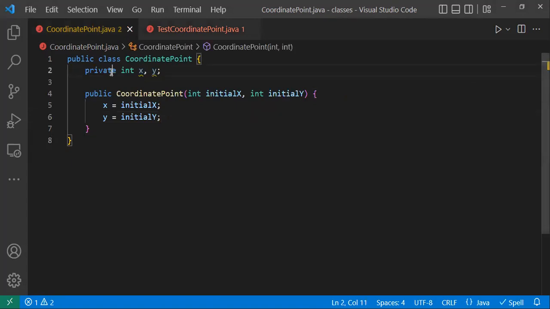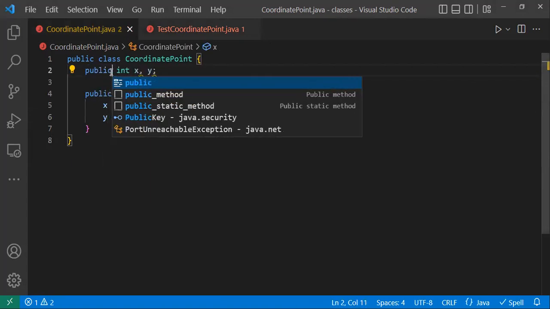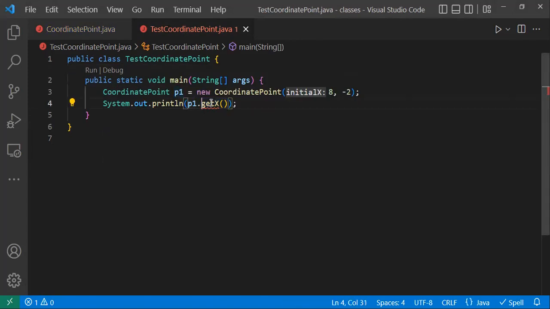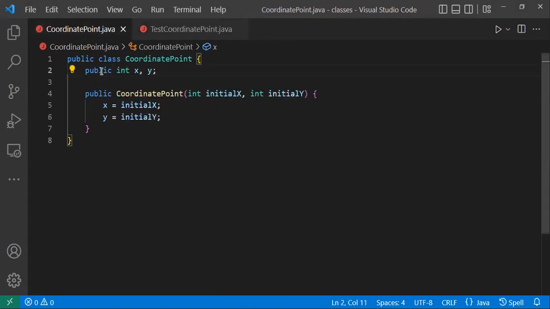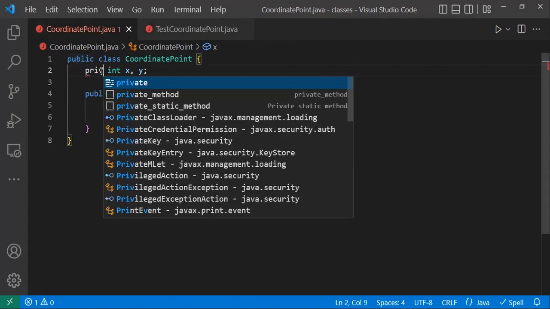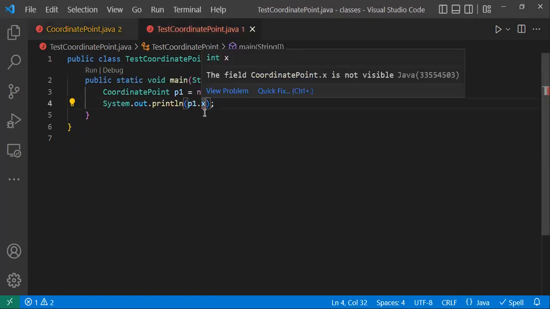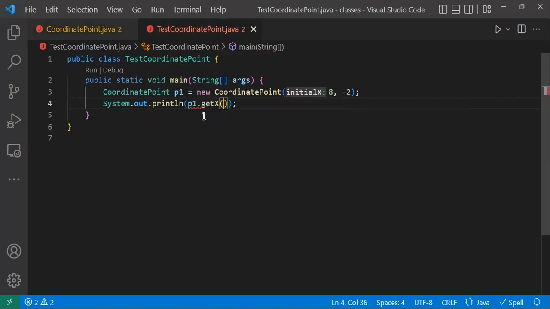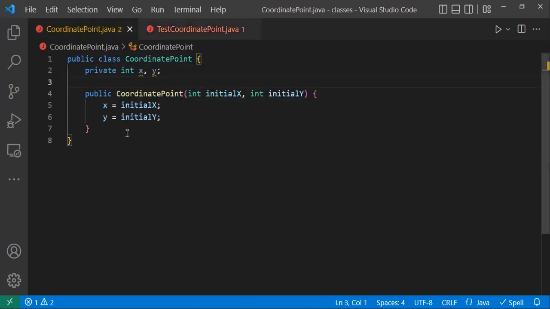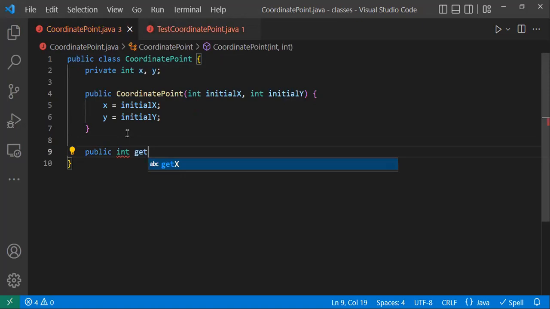If x and y would be public, then I could just say p1.x to print out x, and that would print out, in this case, 8. But I don't want to make them public. Fields usually should be private, and so we want to have a getX method for getting the value of x. So we'll write it, pretty simple. Public int getX, and all it does is it returns